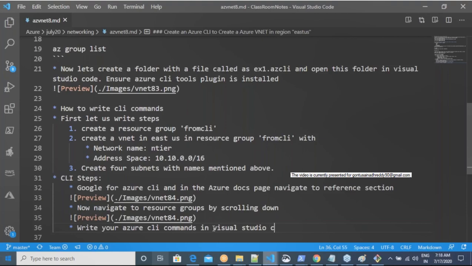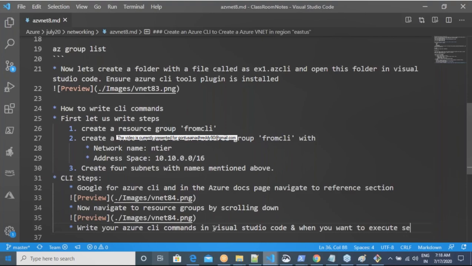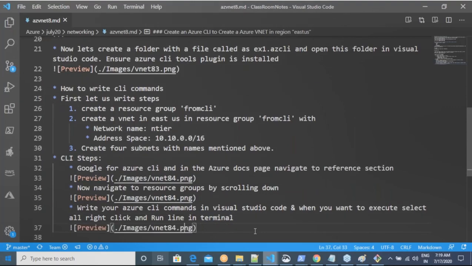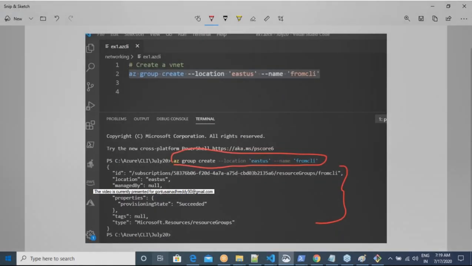Okay, and when you want to execute, select all, right click and run line in terminal. That is far more than enough. Am I clear on this? Right? Okay.